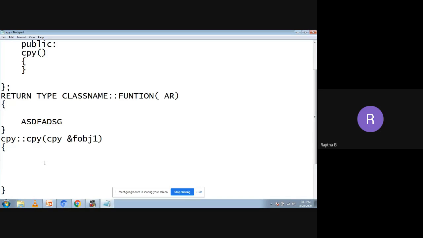Now this is the assignment. Same program, but you need to define the copy constructor outside the class. Define that, execute the program and post it in the WhatsApp group with your roll number. Please don't share your PDFs, I only want the images. Previously somebody said, madam, I'm writing a PDF. No, I do not accept PDFs. Only show me screenshots or images of your program followed by the roll number. That's it.